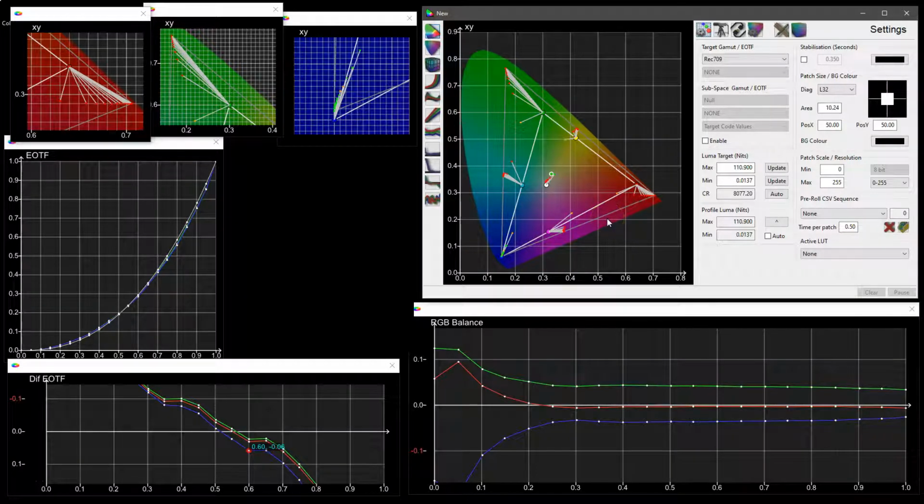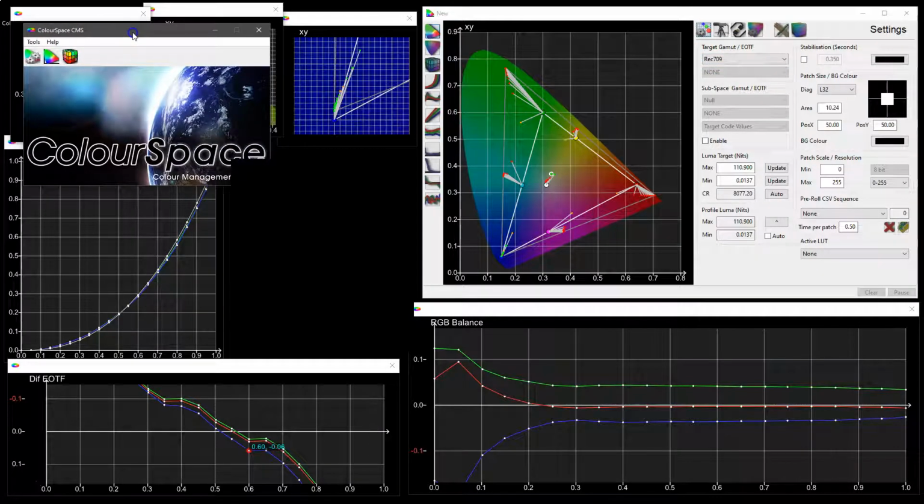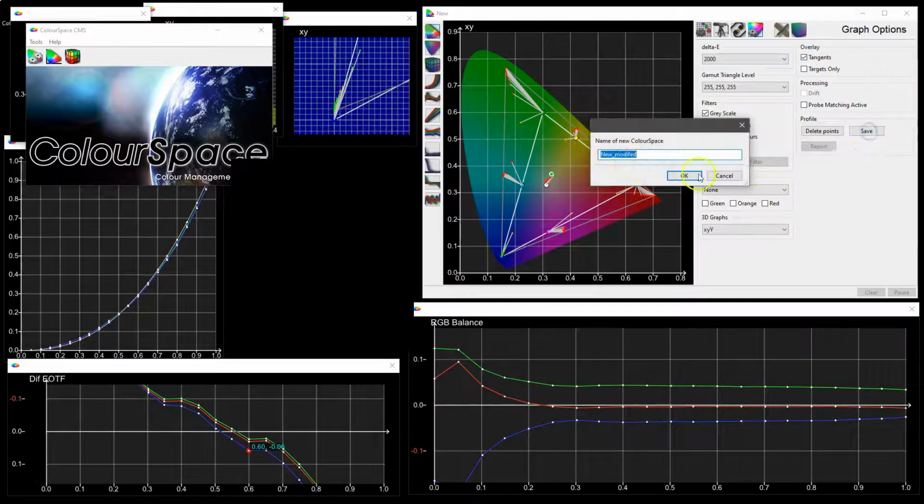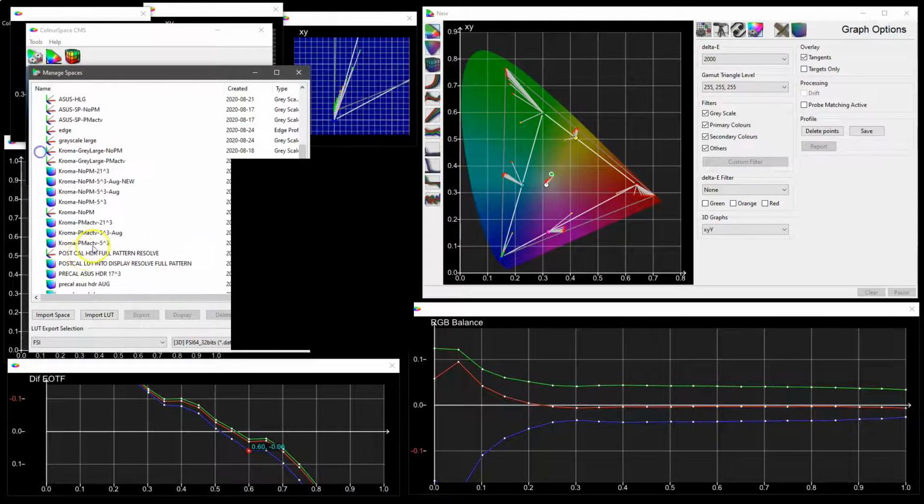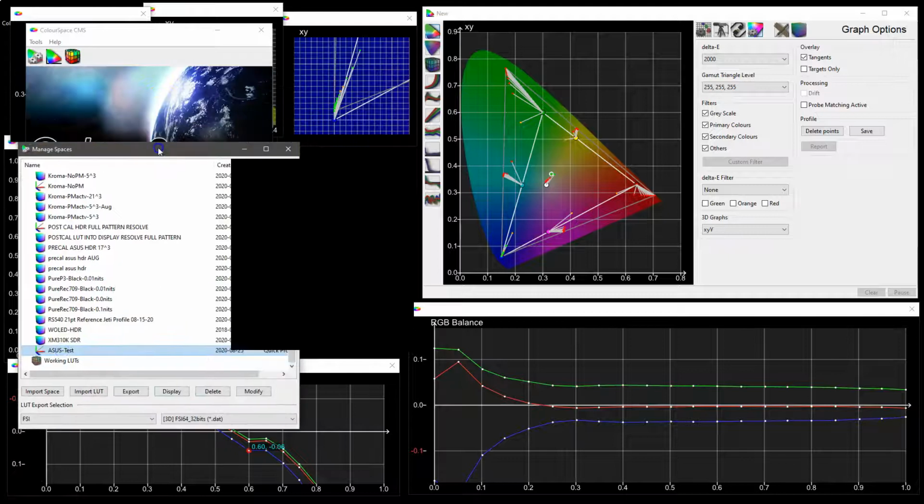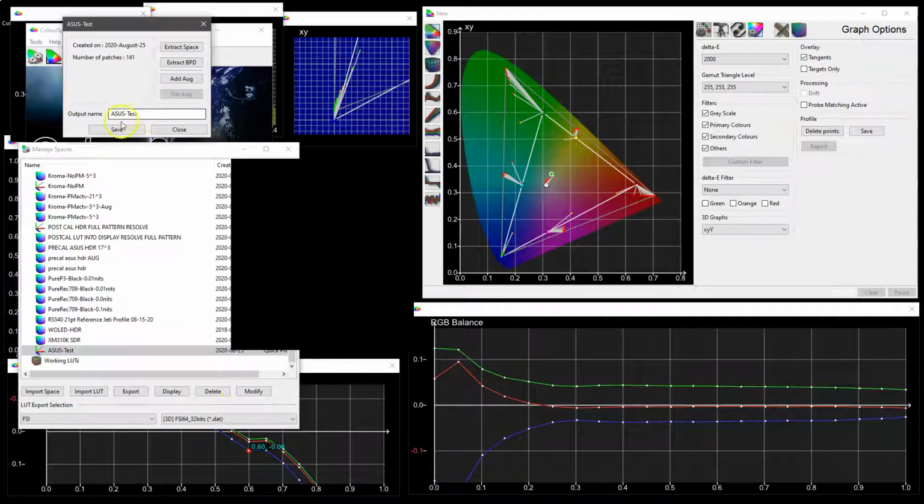So one of the things that we're going to do to assist us in understanding the way these patches are working and what we're looking at is we'll extract from that profile that we've just taken a ColourSpace. So we will save the profile. We'll just call it ASUS test, and then from that we can extract, there we go, modify, and we're going to extract